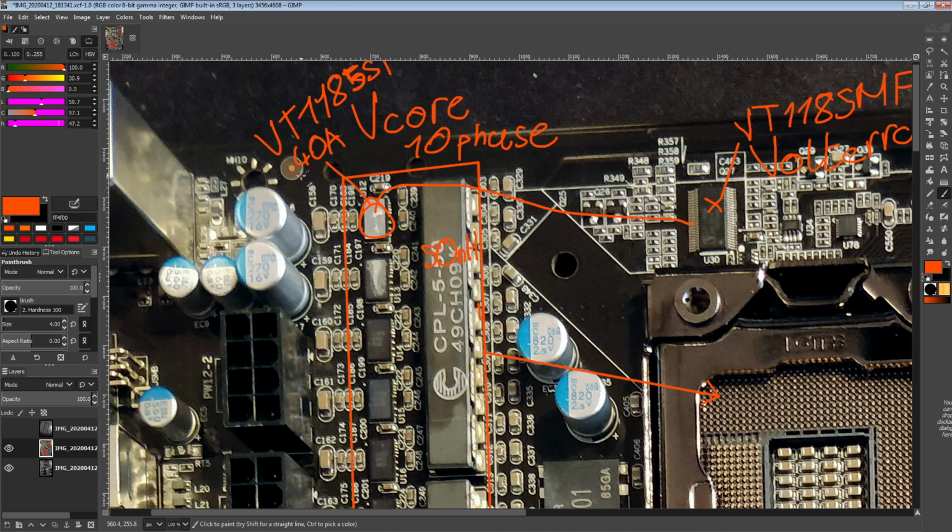So yeah, essentially I'm not very happy with this, and even then the VRM efficiency is not great, because 10 40 amp power stages, even if I'm using a more modern part with probably a better efficiency curve,